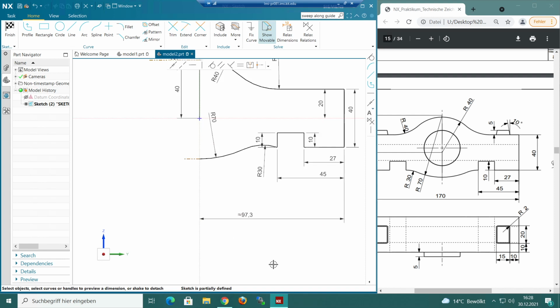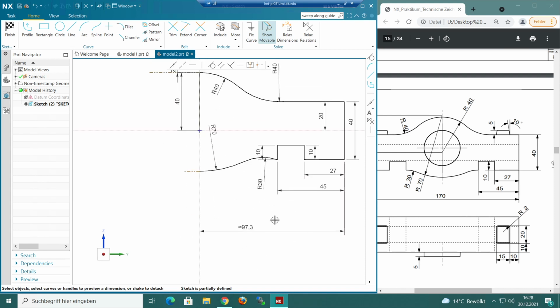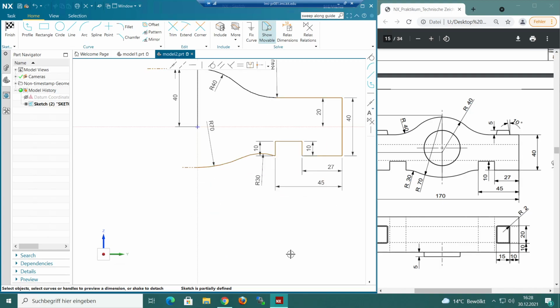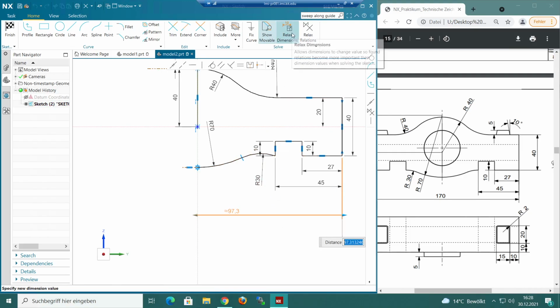Okay, that's weird. Because now something's blocking us to change this. And I'm not sure what it is, but we can try to do what the program said to us and relax dimensions and or relations. That's what we can do up here. So let's try that again, but this time we click on relax dimensions and let's try both relax relations. Now do 170 divided by 2,